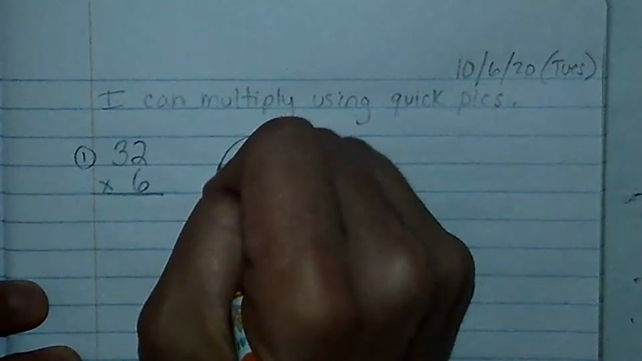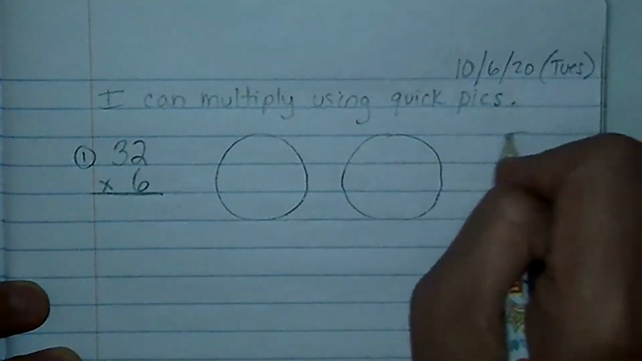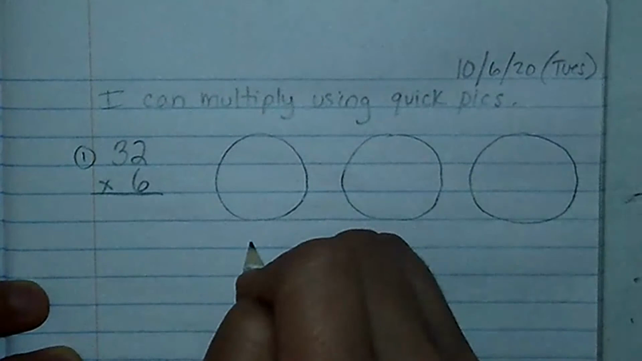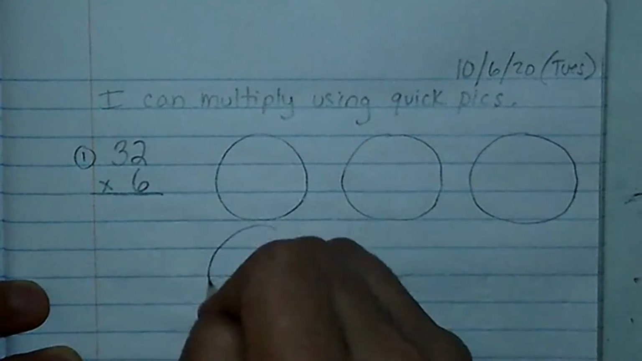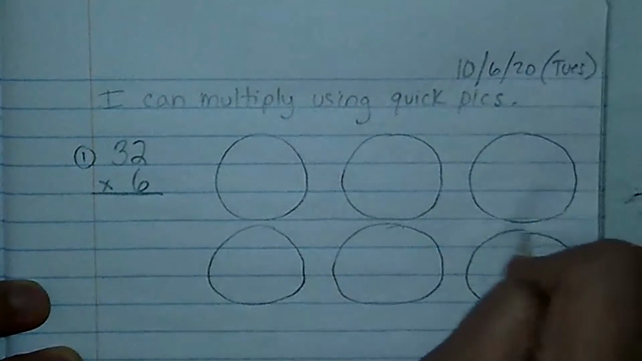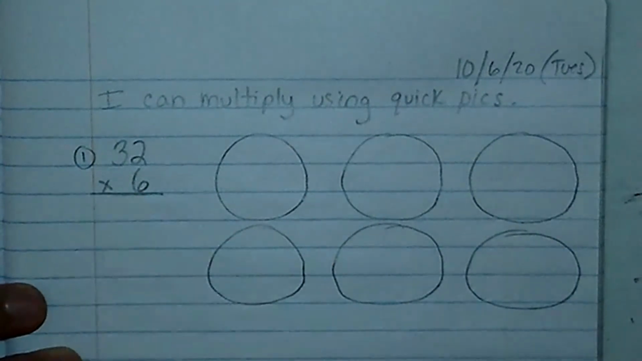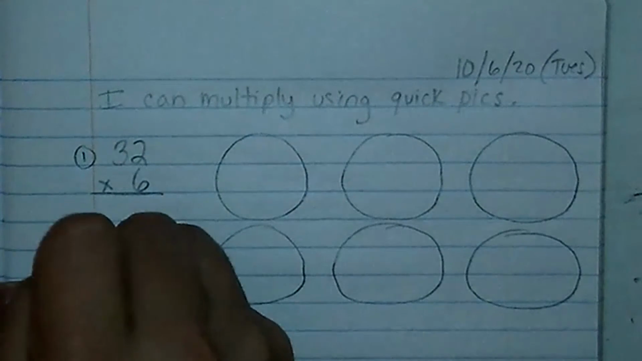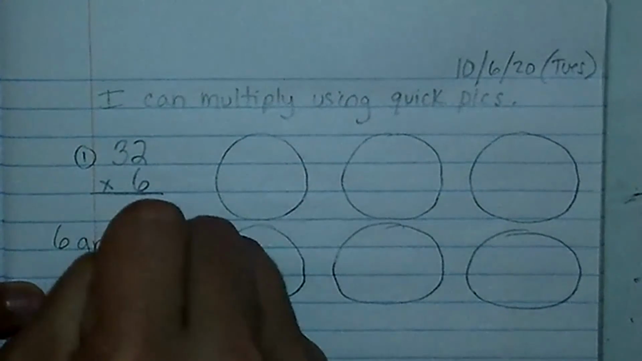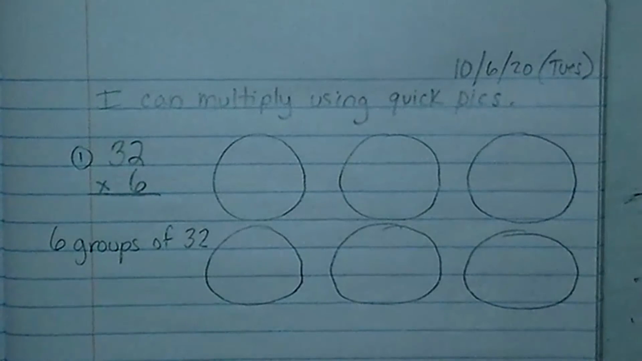So I'm going to draw 6 circles, pretty large. I'm going to put 3 on my top row, and I'm going to put 3 on my next row. And now I've shown 6 groups, so I'm making 6 groups of 32, right? 6 groups of 32. So I need to put 32 in each one of these,